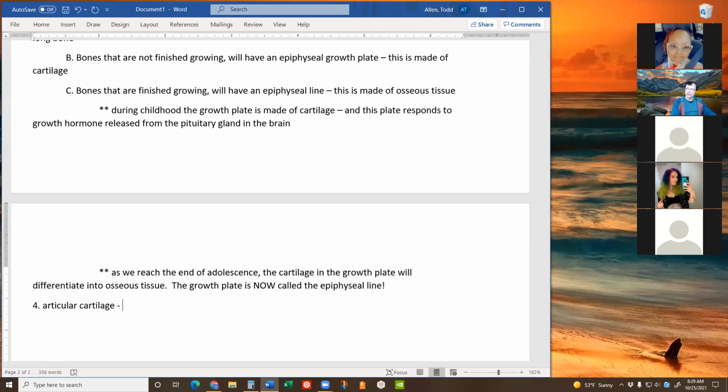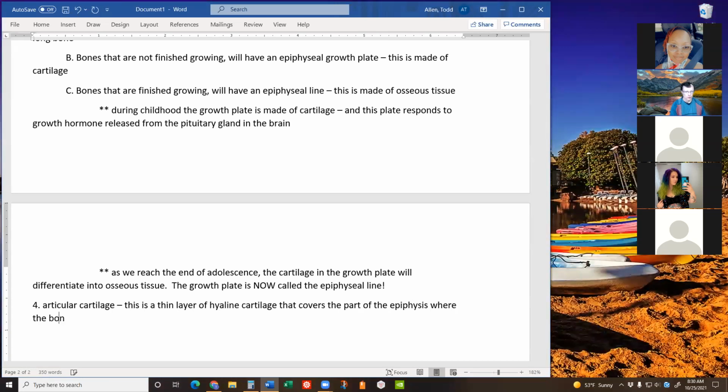So articular cartilage is a thin layer of hyaline cartilage that covers the part of the epiphysis where the bone forms a joint. Now, in terms of anatomy, a more proper name for a joint is an articulation, okay? So this is a thin layer of hyaline cartilage that covers part of the epiphysis where the bone forms an articulation, okay, meaning a joint